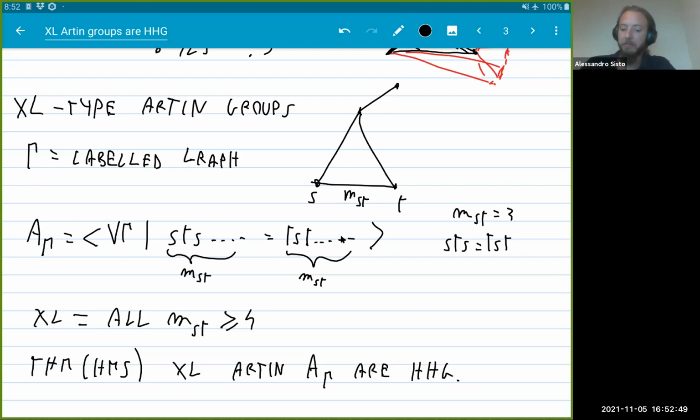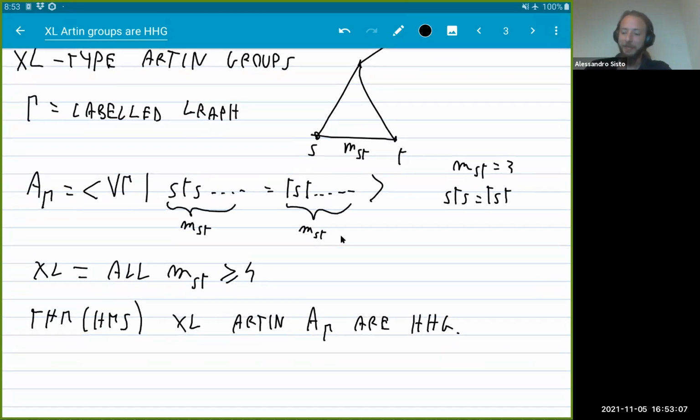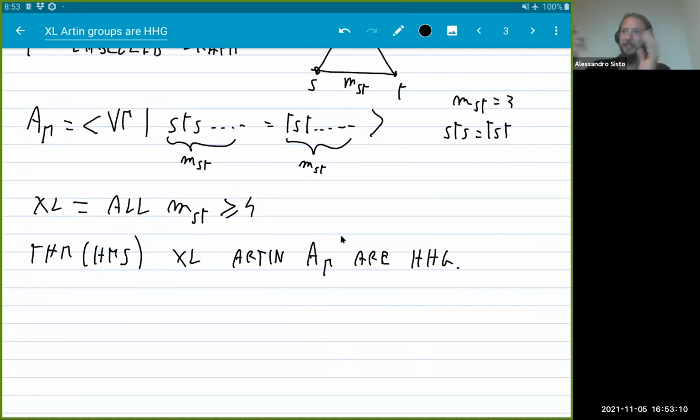Very good. But okay, regardless of where these groups come from, let's try to understand why they might be HHGs, and that's maybe an instructive heuristics discussion on how you might try to figure out if your favorite group is an HHG. So, okay, what was this HHS structure again? It was a coordinate system with values in hyperbolic spaces. So if the group was hyperbolic itself, we could just use one coordinate. We could just use the group itself.